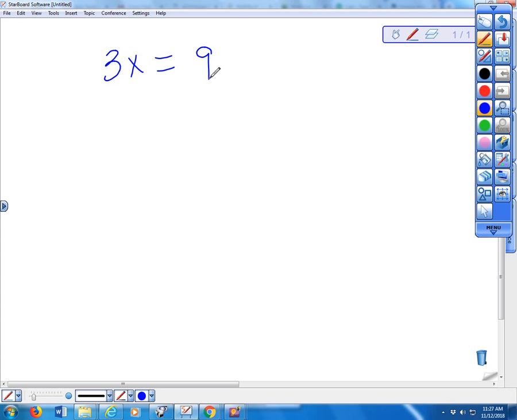The reason we divide by 3 is that what we're really doing is multiplying by its reciprocal, right? Because we're trying to get this to equal 1. That's the point of dividing by 3, right? Multiplying by the reciprocal. So yesterday we learned essentially what the reciprocal matrix or the inverse matrix is and how to do it. Today we're going to use that to solve systems of equations. Okay, so as an example,